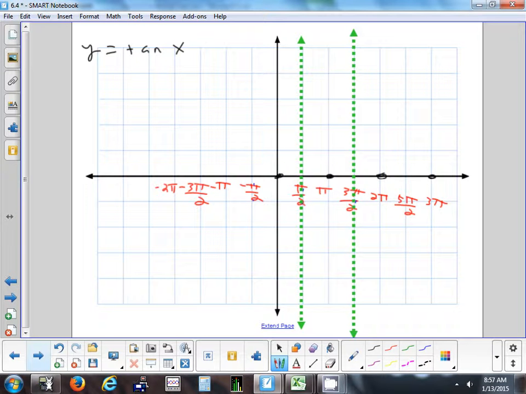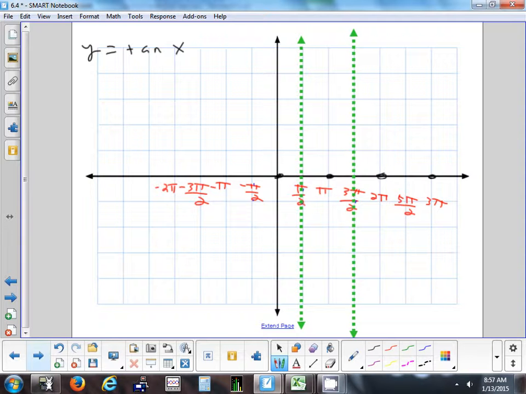Okay? I'm not going to sketch every one of these periods. I'm going to focus on the one that's between the two green lines. Okay? And if you wanted, you could just copy and paste that over and over. All right, next thing I'm going to do is I'm going to go into my table, and I'm going to